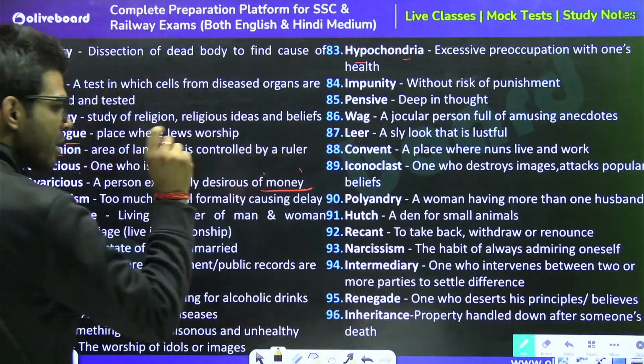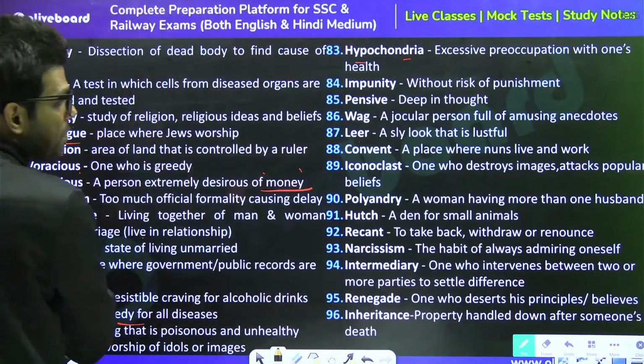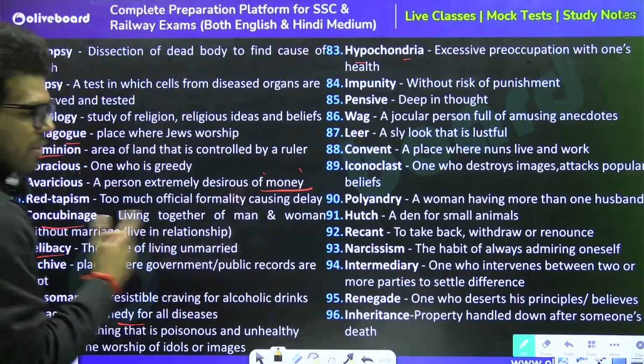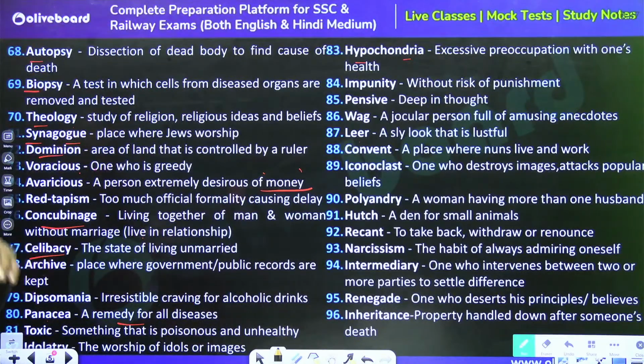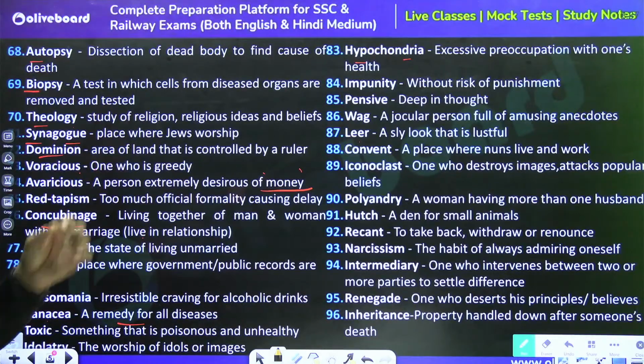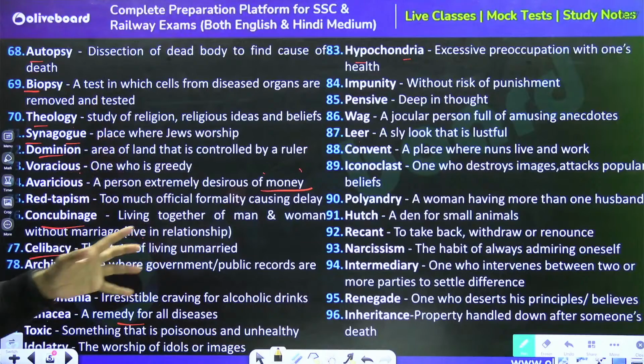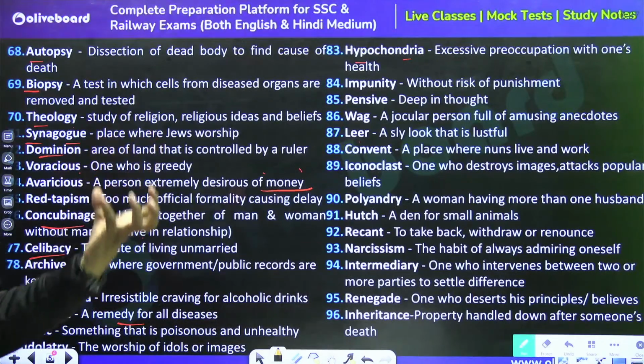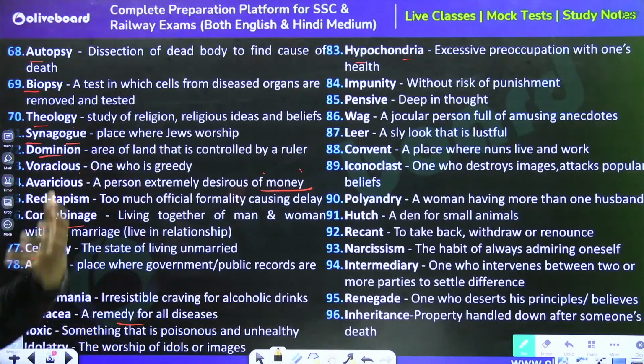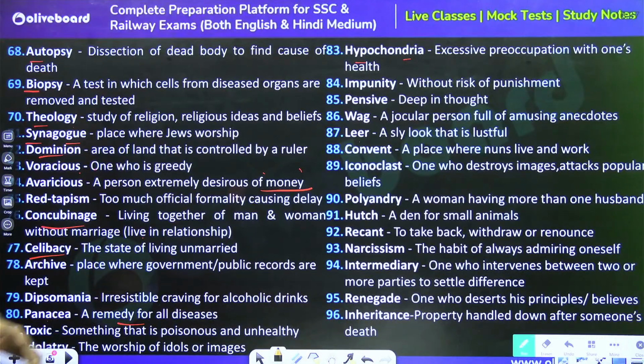Leer. Look at someone lustfully. Convent. Listen to me carefully now, I would say. There are many words we use these days in a different context, but once they are asked in a different examination, the comparative one, the formal one, they ask the real context. Some 200 years ago, 500 years ago, when the word was invented. And nowadays we use that, but we don't have the precise value of that. Just like that. Many of us have been a part of a convent school.